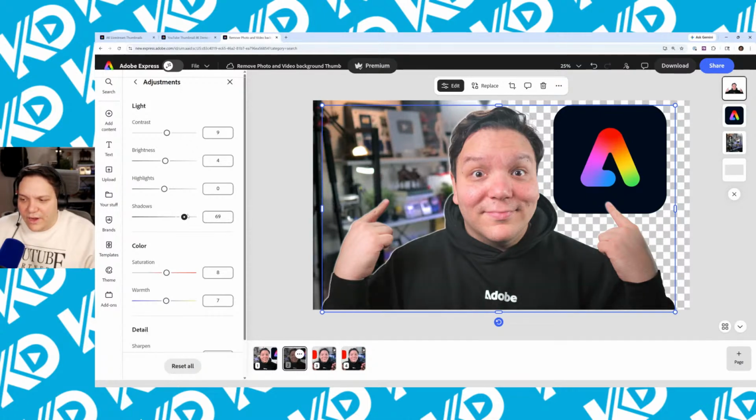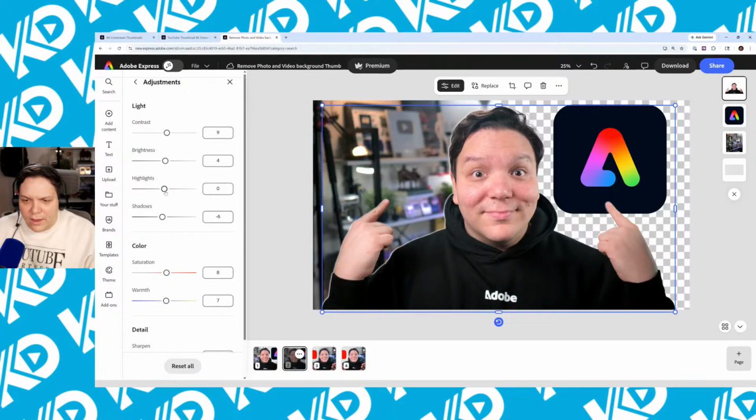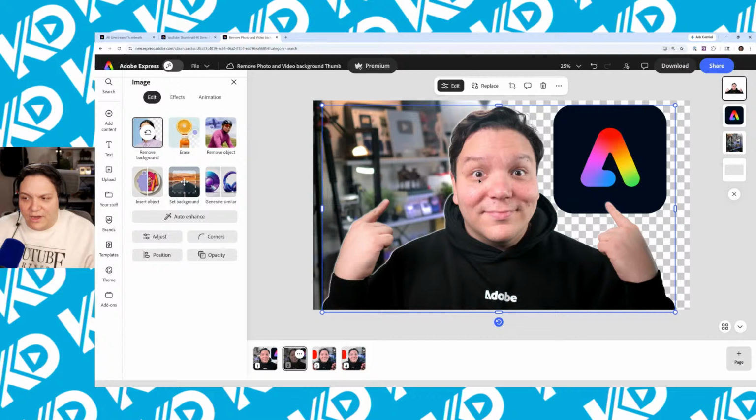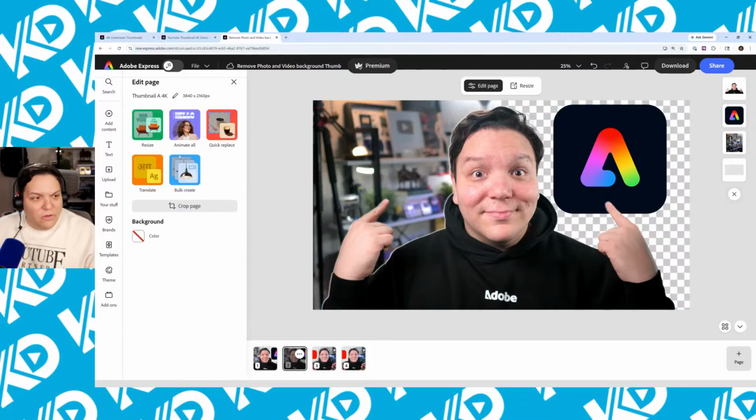Now I was wearing a black hoodie, so maybe I want to add a little more here so you can see a little bit more of the folds and the shadows. I want to add some highlights, I can. And you can see the difference between the one that went live versus this new one. Subtle, but they're there, especially in the colors as you look a little closer. My hair, my face, there are some changes happening to this image. And again, this image is truly with the background removed. And you get an idea of how you easily could take all the things we did here and make this